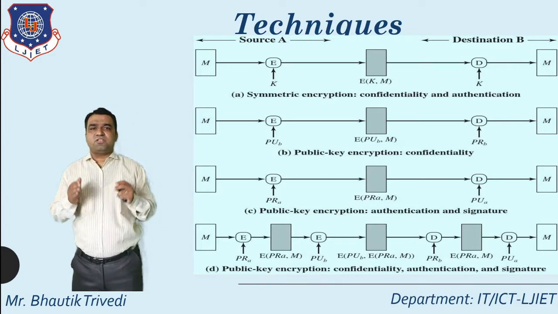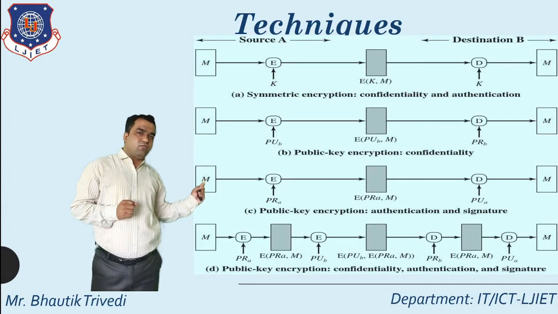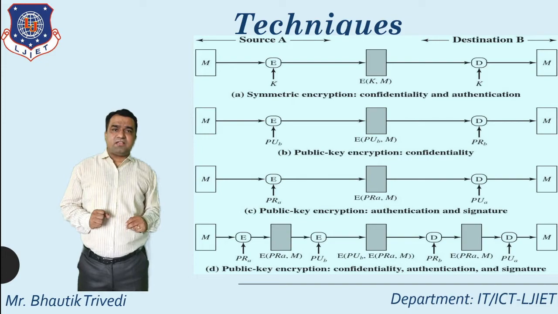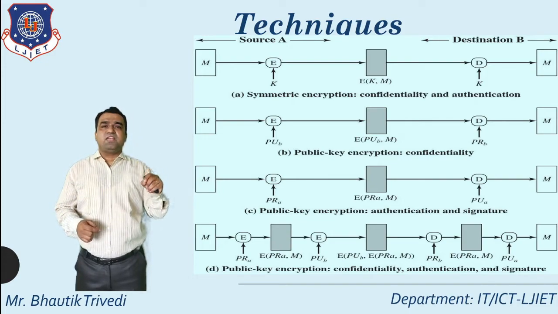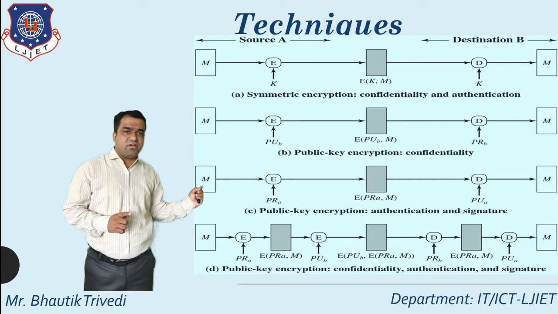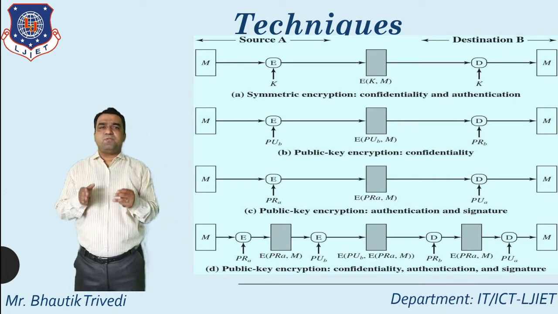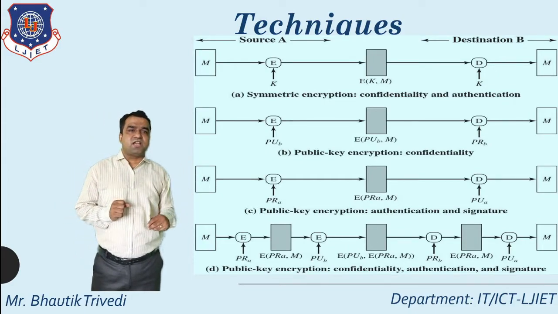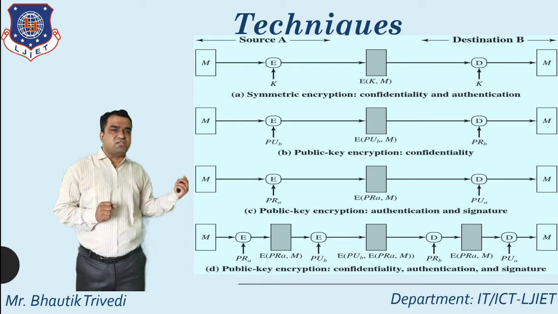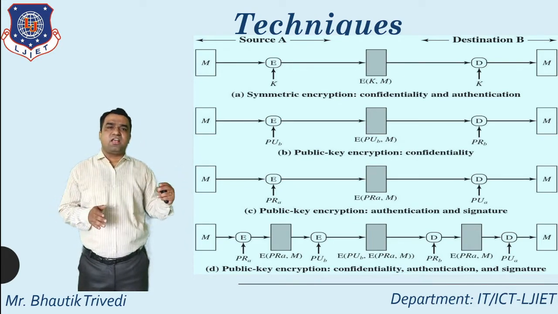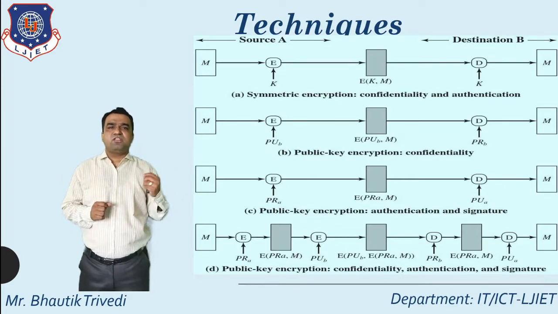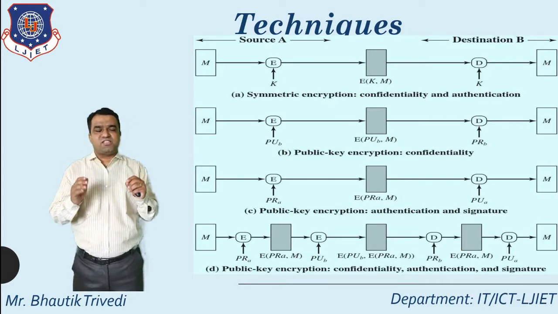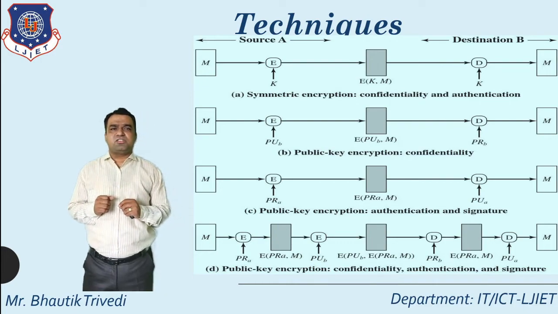So private key of the sender means first of all I apply the authentication. Whatever I receive, that is known as E_PRa. After that again I apply the encryption using which key? Public key of the receiver. So whatever I receive, that can be treated as E_PUb(E_PRa). After that, at the decryption side, using the private key of the receiver, and after receiving this, again I apply another decryption using which key? Public key of the sender. So this is the technique for the message authentication concept or the message authentication code concept.